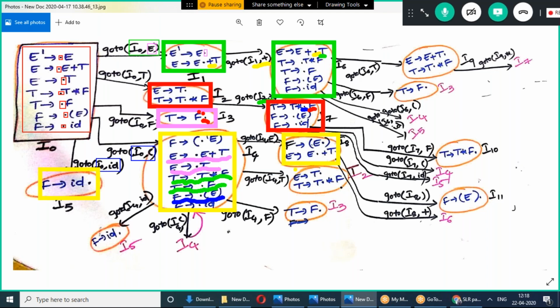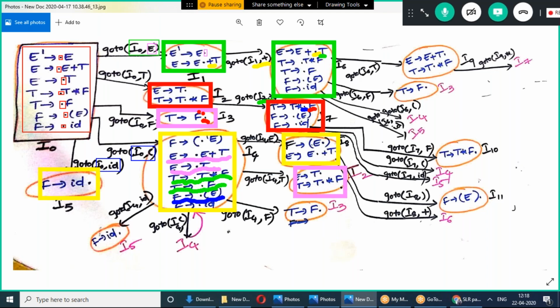We would have to name it, but if we check, E → T . and T → T . * F are equivalent to I2. Instead of giving a new name, this is a repeated set of items, so we name it I2.